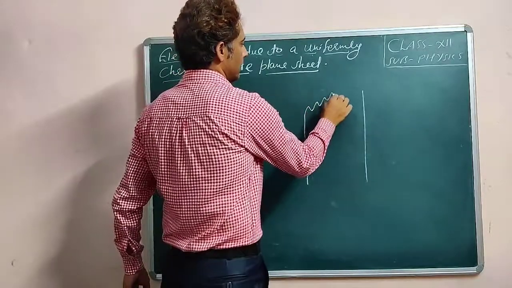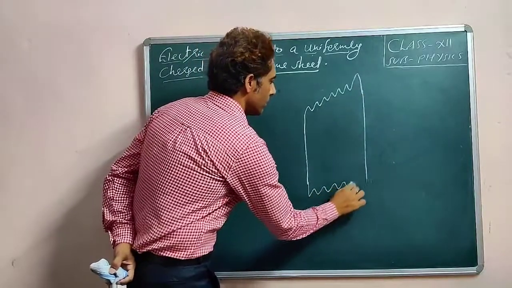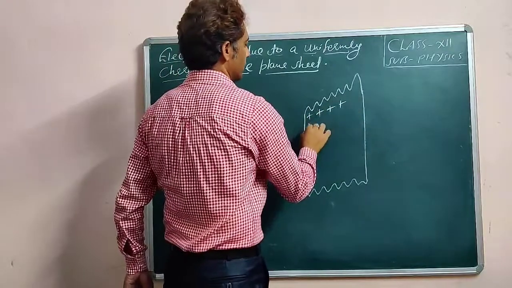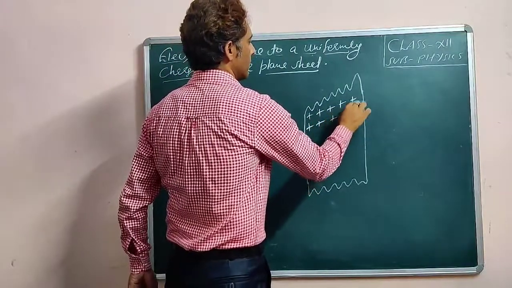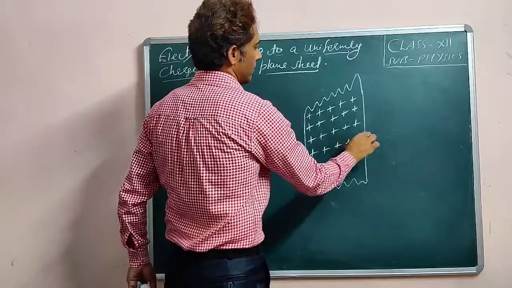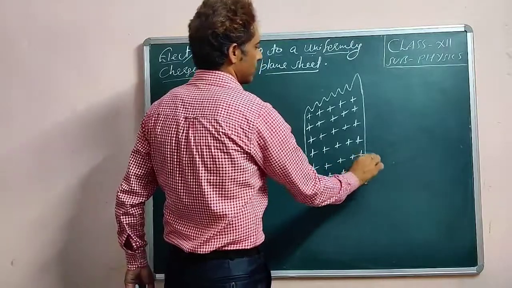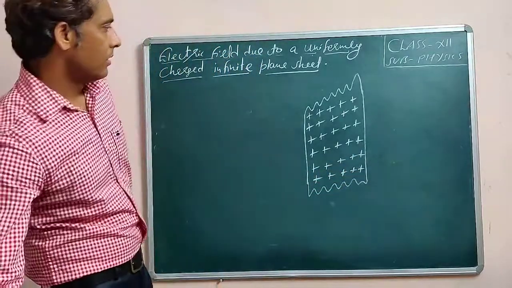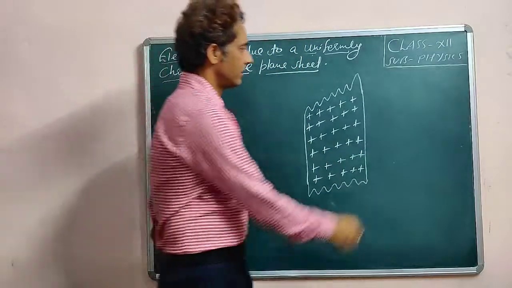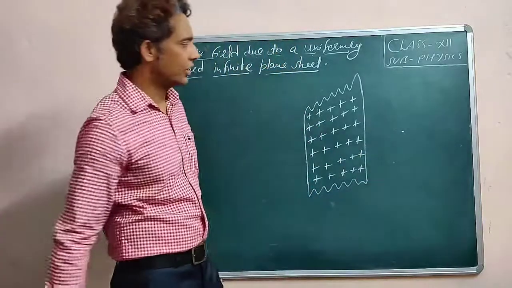Let this be an infinite plane sheet over which positive charge is uniformly distributed. And let sigma be the surface charge density. If I consider any point P at a perpendicular distance r from the sheet,